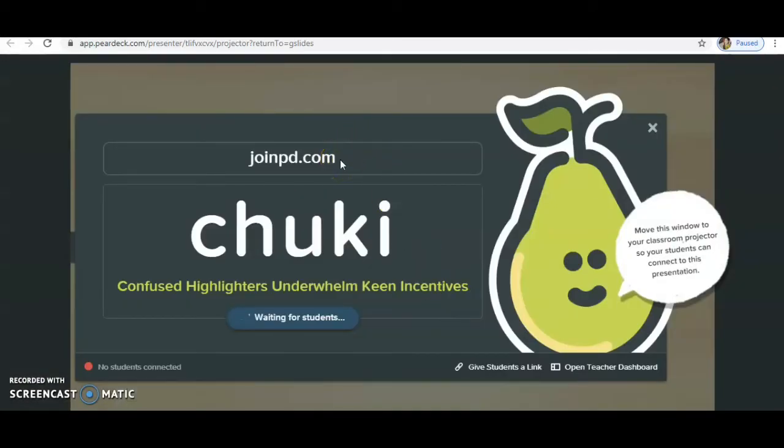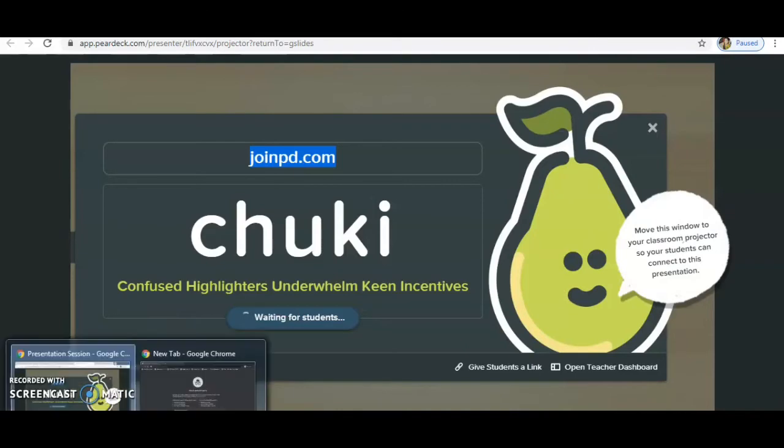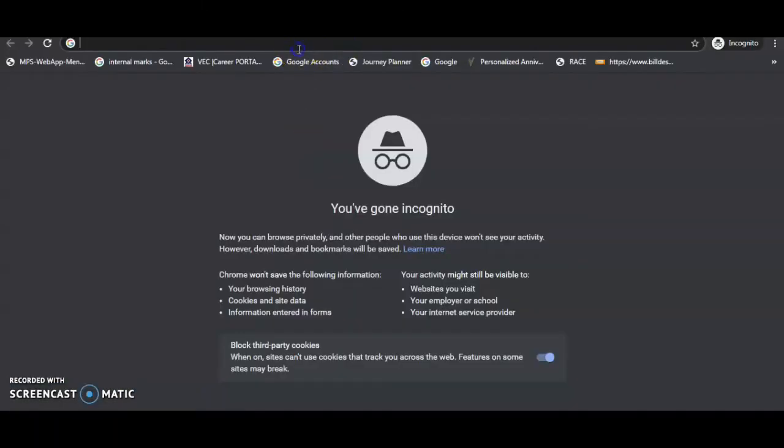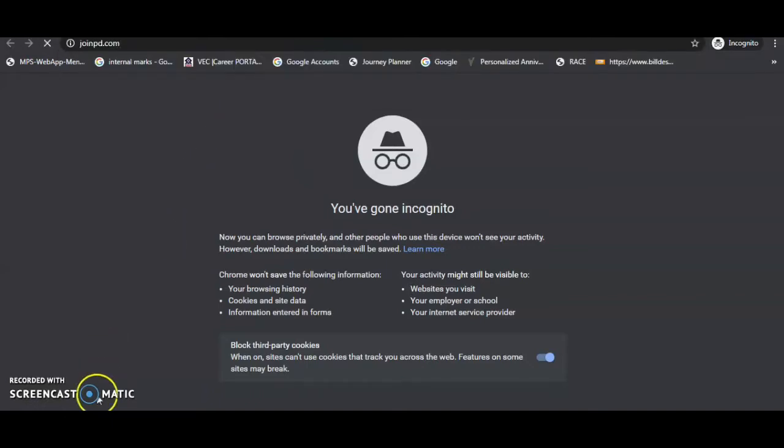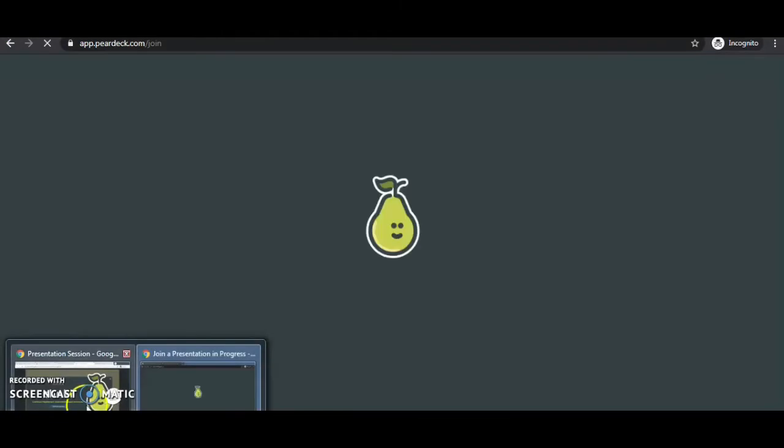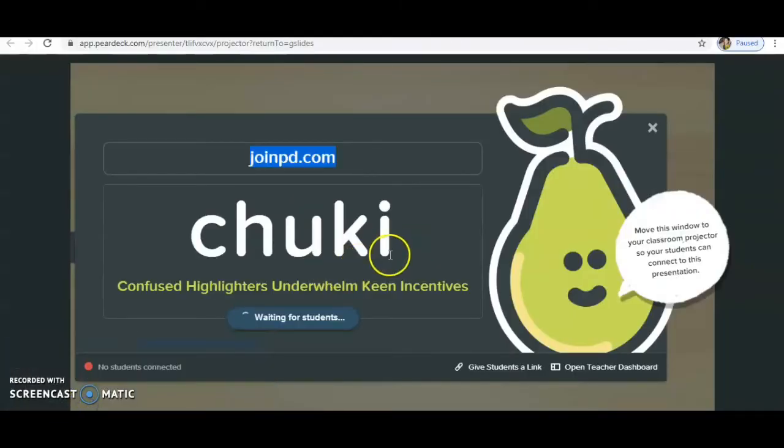For example, here the link will be join.pd. I copy this link, and I already created another mail ID for a student. I paste it here as join.pd, and the code will be Chuki.